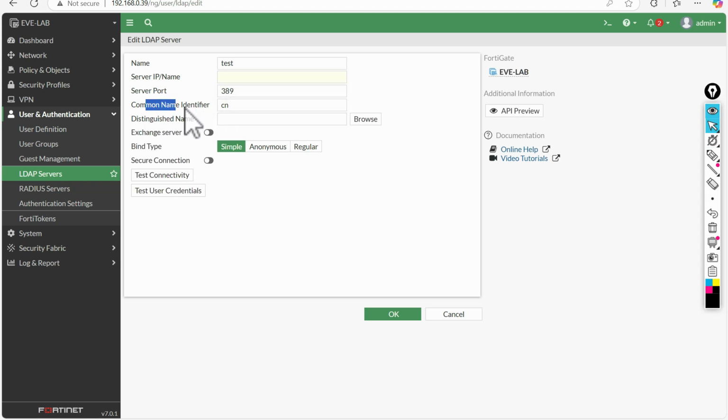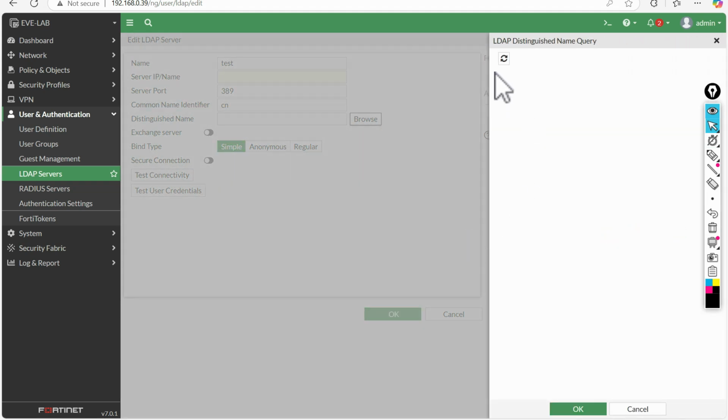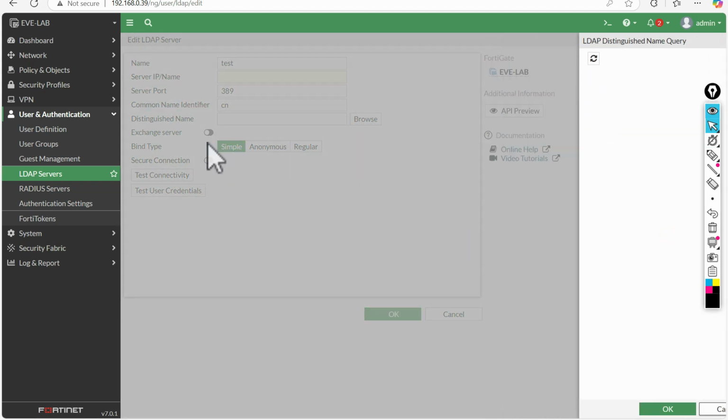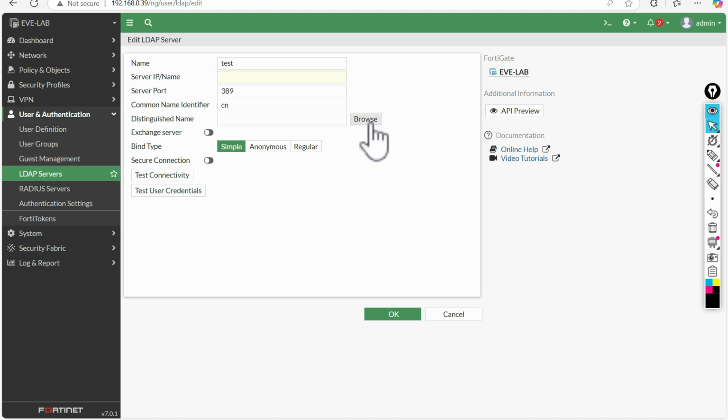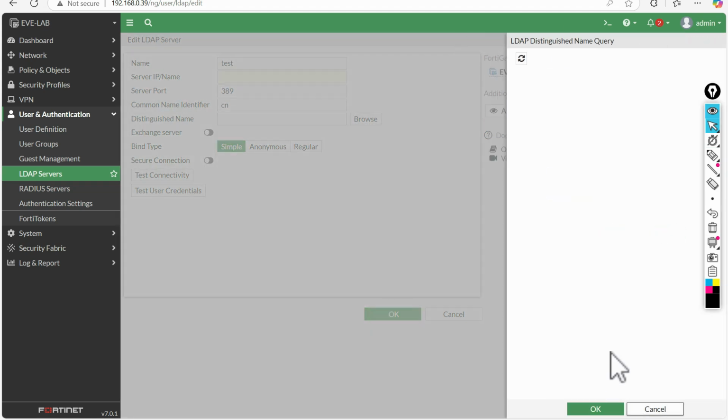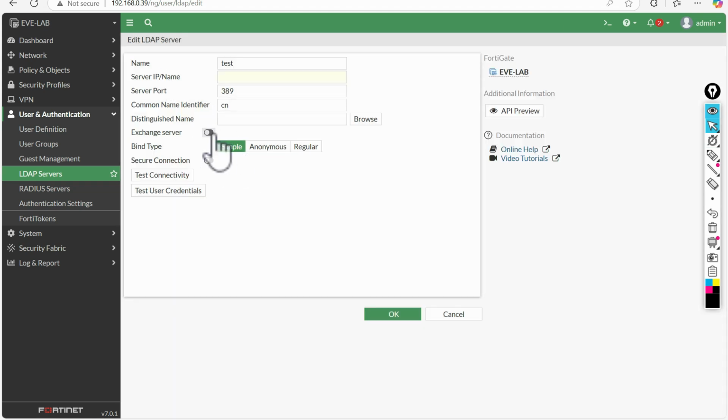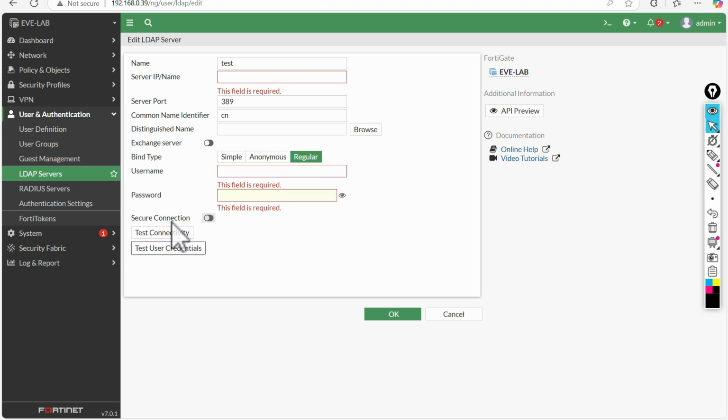For the CN, we can use the SAM account name, and here we have to define the LDAP. Once we add the server, it can also fetch the information from LDAP. If we apply regular, here we have to apply the username and password. Test user credential is used to verify the user accounts, and test connectivity is used for the connection from the FortiGate to the LDAP server.